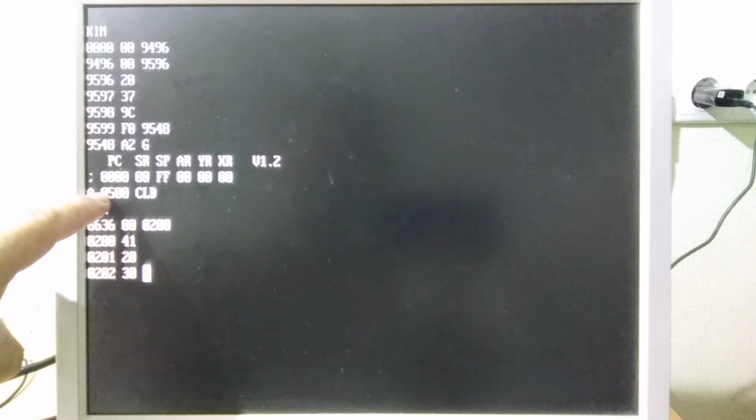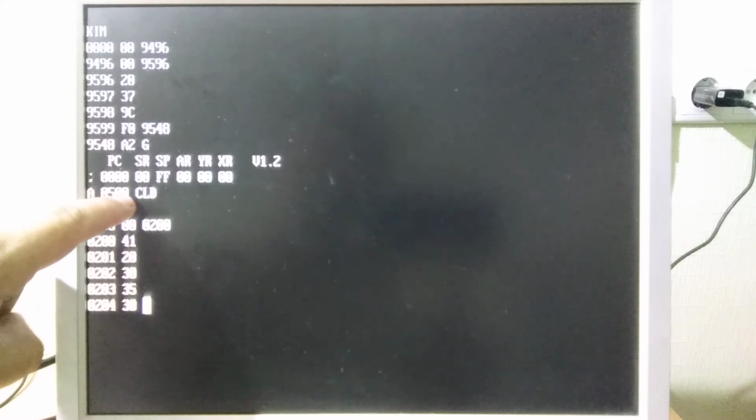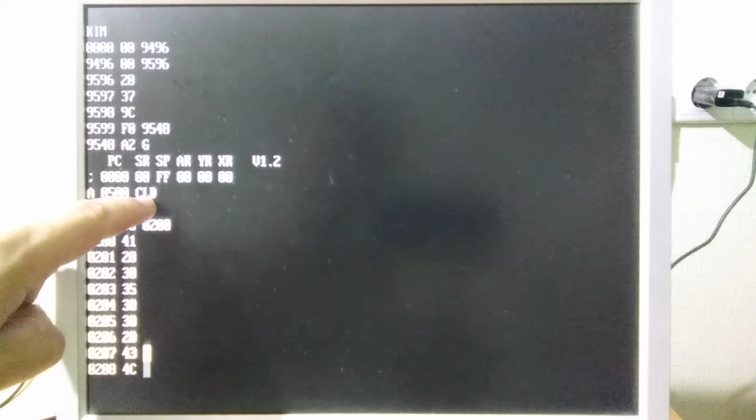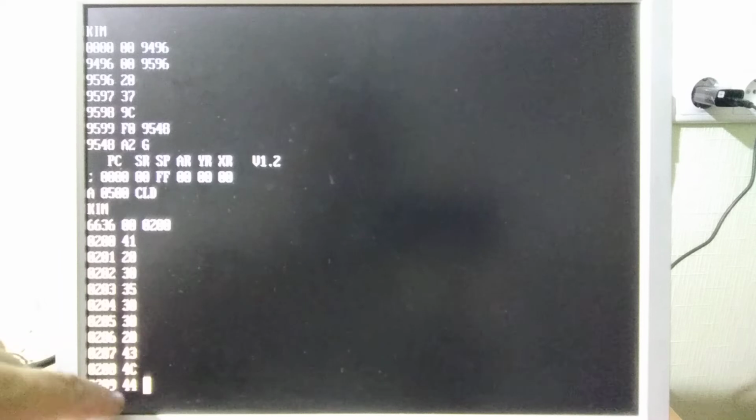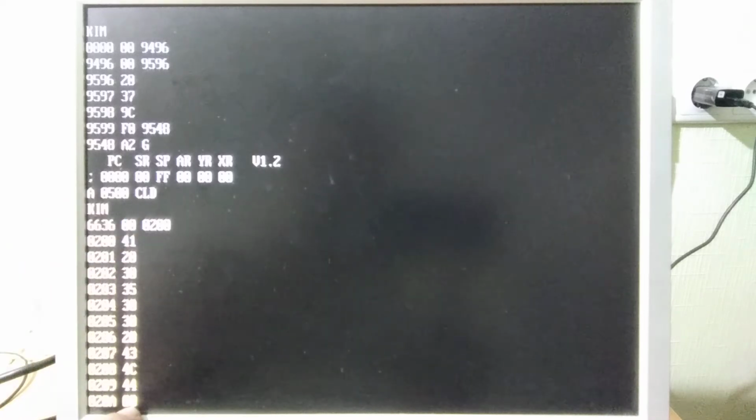30 is the ASCII character of 0, 35 is 5, 0, 0, then space, and then CLD. So these are the ASCII characters for CLD, followed by 0. If I do this casually in a loop, click enter, invoke the carriage return, the carriage return will be automatically replaced by the 0, and bear this in mind for the future because we're going to be using this in our code. But for now, what I can do, if I have this input in the memory,